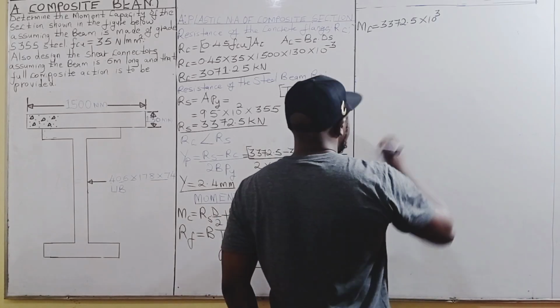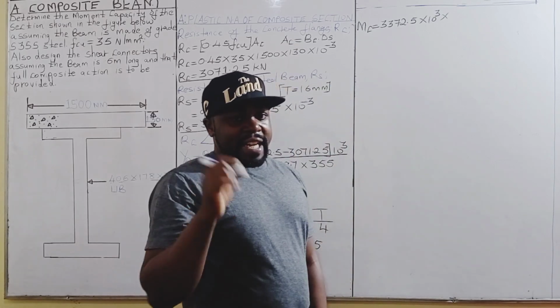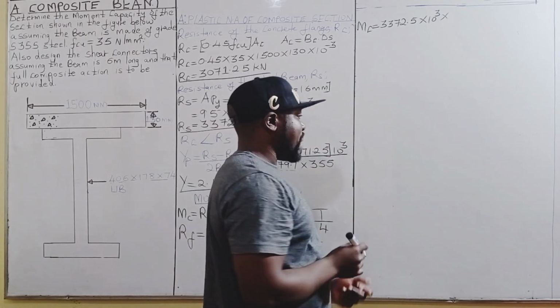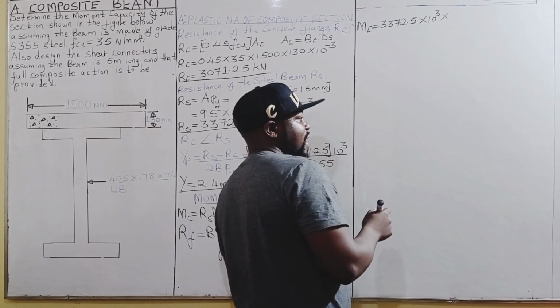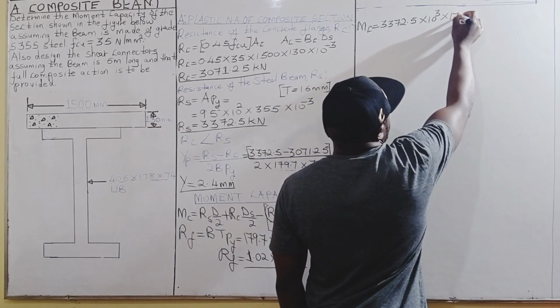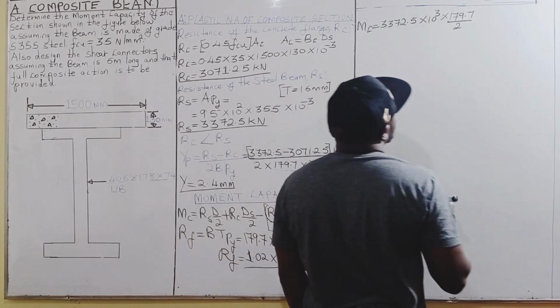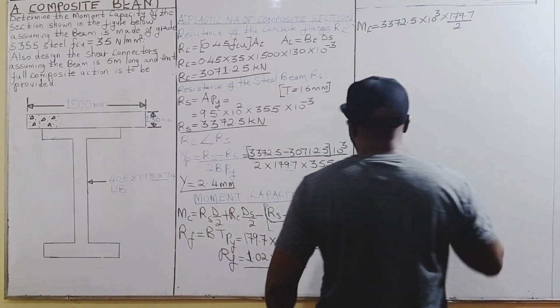We multiply by D over 2. D is the depth of the steel section obtained from appendix B, and it is actually 179.7 millimeters. We divide that by 2. Then we add